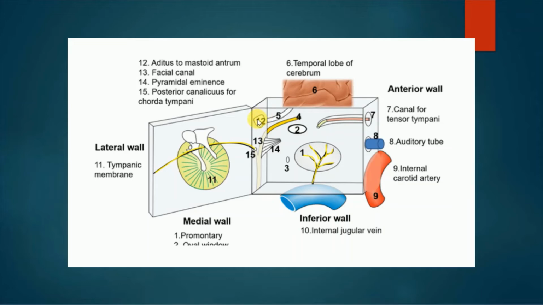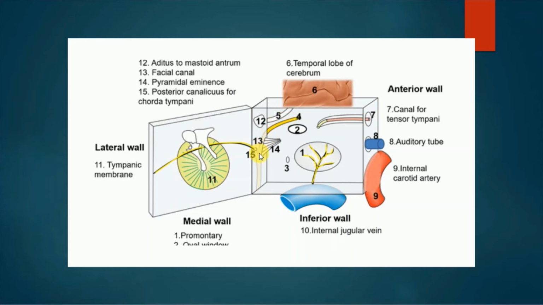Then we have the posterior wall here. Here is the aditus, which is opening into the mastoid antrum. Here is the projection called the pyramid from where the tendon of the stapedius muscle is being inserted. Here is the lateral wall, we've cut it open. See, it's formed by the tympanic membrane. Here is the medial wall. Look, there is the promontory. There is the tympanic plexus. This is the oval window. This is the round window. Now, the important structures I told you on the medial wall: the facial canal, and this, the bulge of the lateral or horizontal semicircular canal.